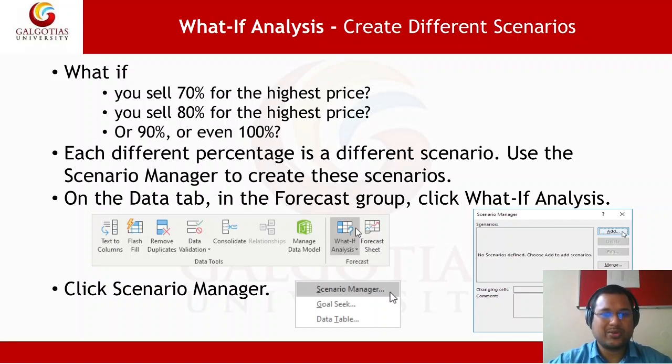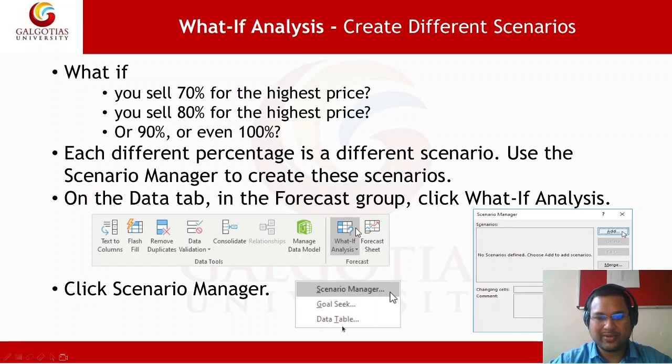These things are required for planning. Each different percentage is a different scenario. Here the input is different, so for every different input there is a different scenario. For that we use the scenario manager to create these scenarios. How can you do that? On the Data tab, in the Forecast group, click What-If Analysis.